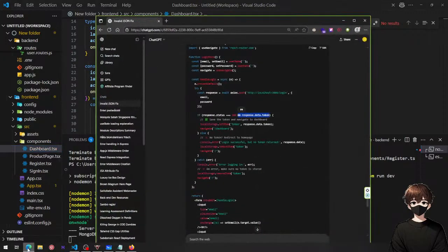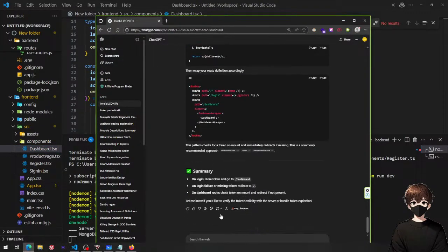Okay, so let's assume the dashboard. I want, if there's no token, it should redirect, exit. And